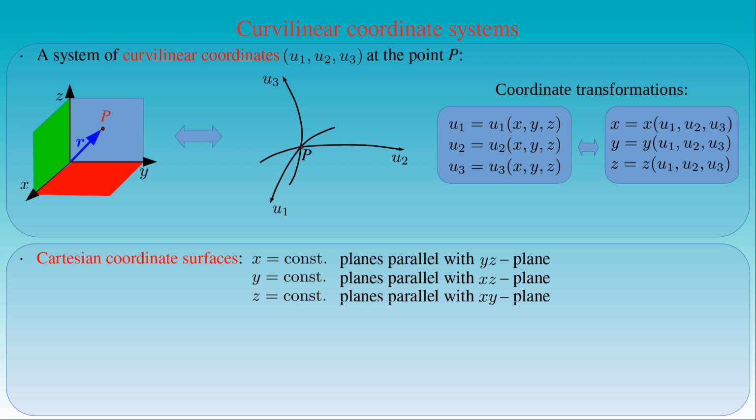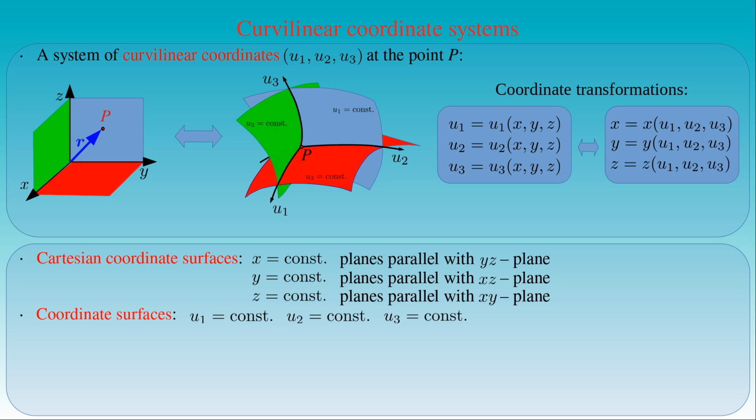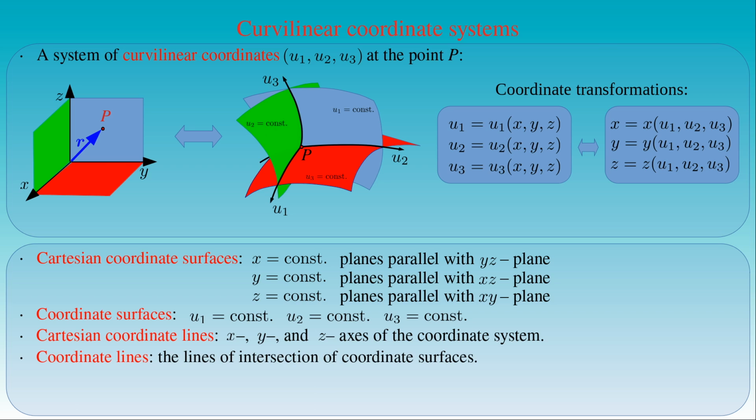The coordinate surfaces of the curvilinear coordinates are generally not planes. For the points defined by u1 equal to a constant, we have surfaces on which the coordinate lines u2 and u3 run. For the points defined by u2 equal to a constant, the coordinate surface contains the coordinate lines u1 and u3. The coordinate surface for points defined by u3 equal to a constant has the coordinate lines u1 and u2. It follows from these definitions that the coordinate lines are the intersections of the coordinate surfaces. In the case of the Cartesian coordinates they coincide with the x, y and z axes. In the case of the curvilinear coordinates, we can only say that the coordinate lines are the intersections of the coordinate surfaces.